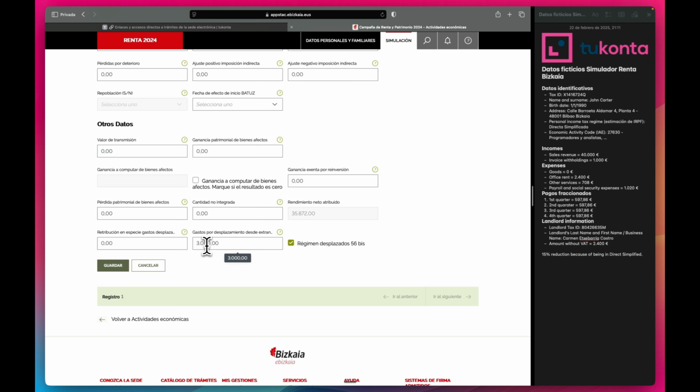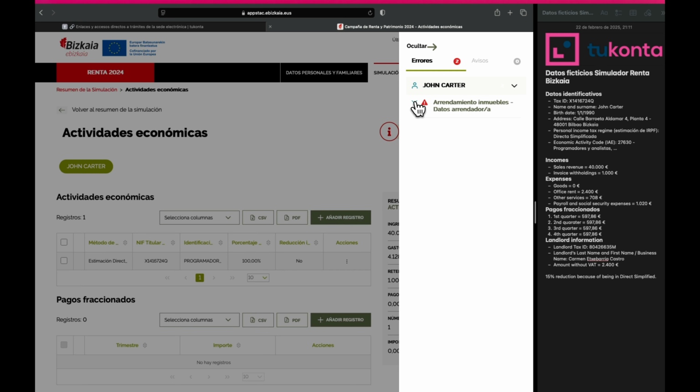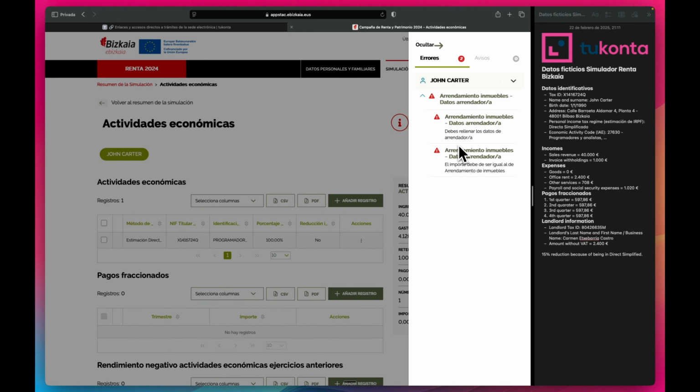So let me save this. Okay, so we already saved the information of the activity. Now, as you can see, we have a warning message that says we have to fill in the landlord's information. And that's basically because here in the landlord expense type, we set that as